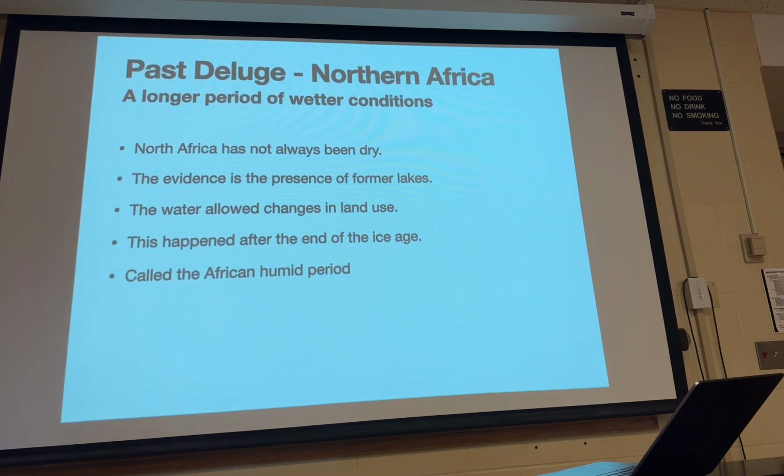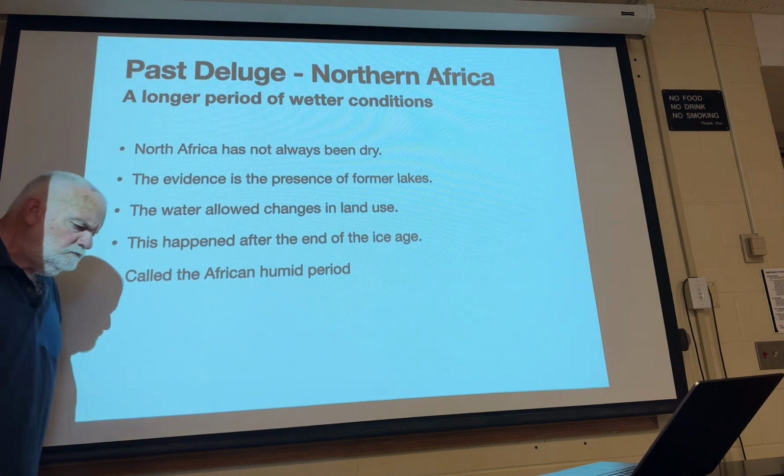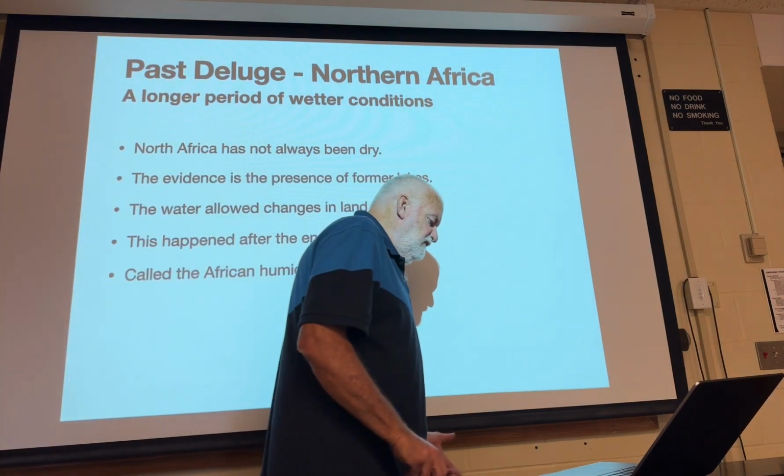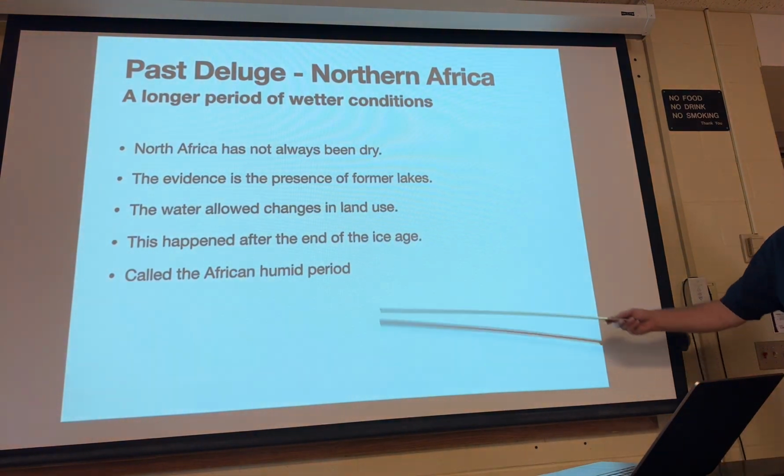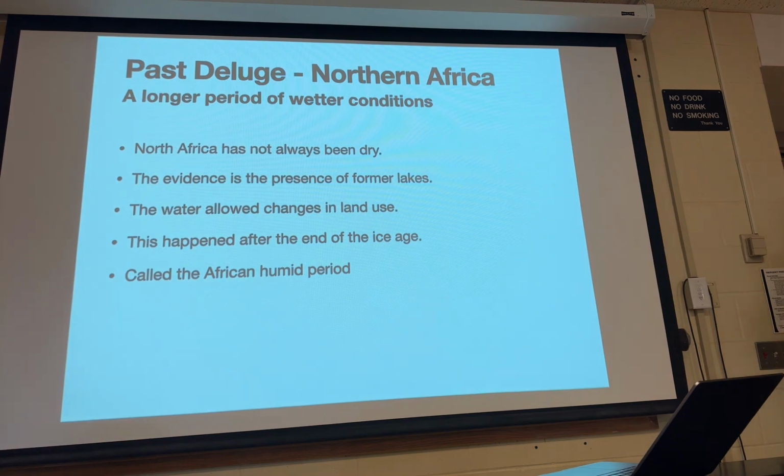This particular example is going to happen about 8,000 or 9,000 years ago. That's after the Ice Age, so we're not talking about the Ice Age problems. We're talking about something in what we call the Holocene, and it's a period of time, well, basically the last 10, 11,000 years when the conditions are sort of normal. This has been called the African humid period, and the study I'm going to rely heavily on talks about the